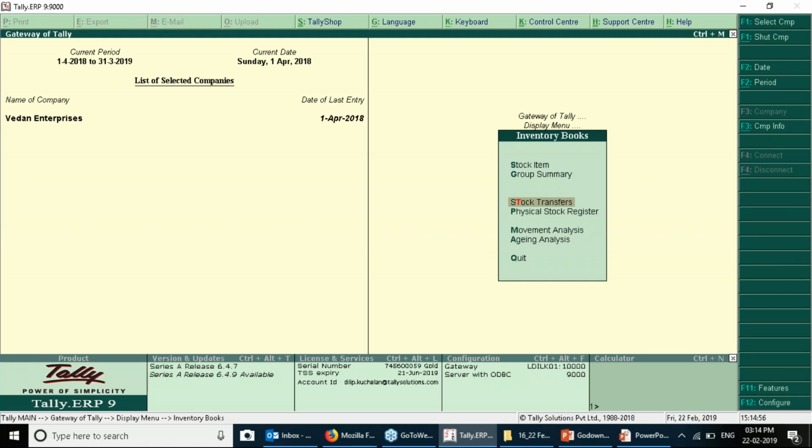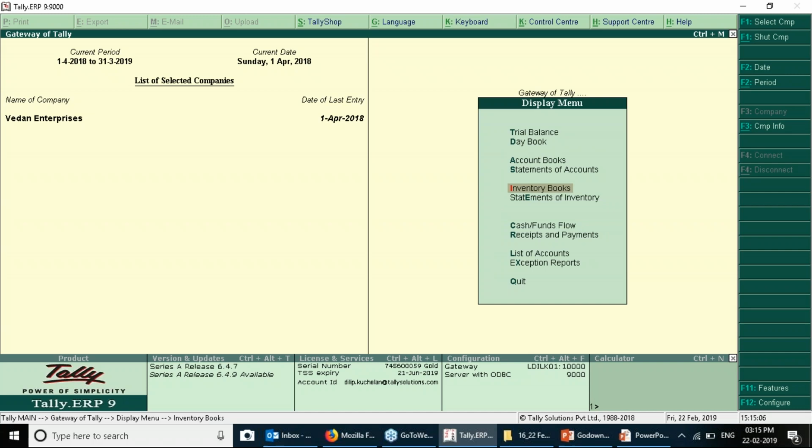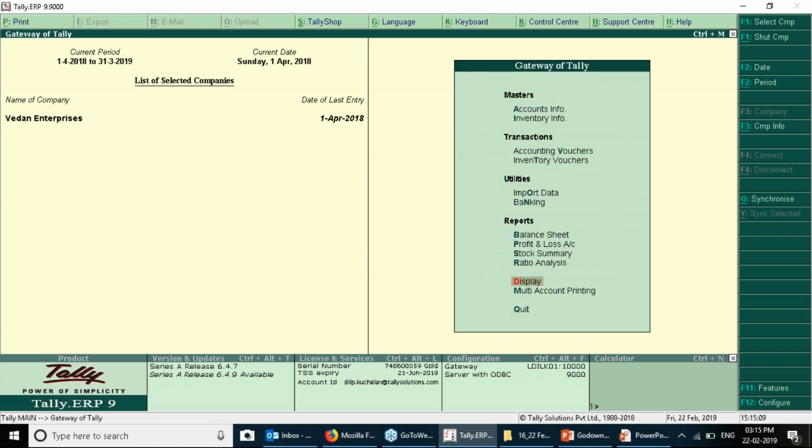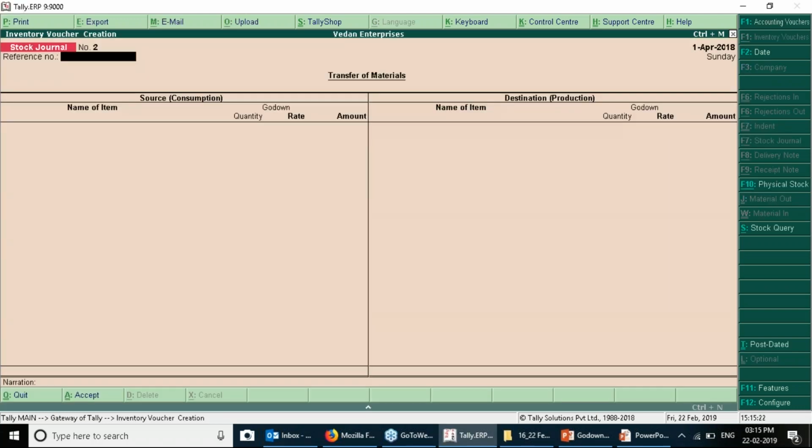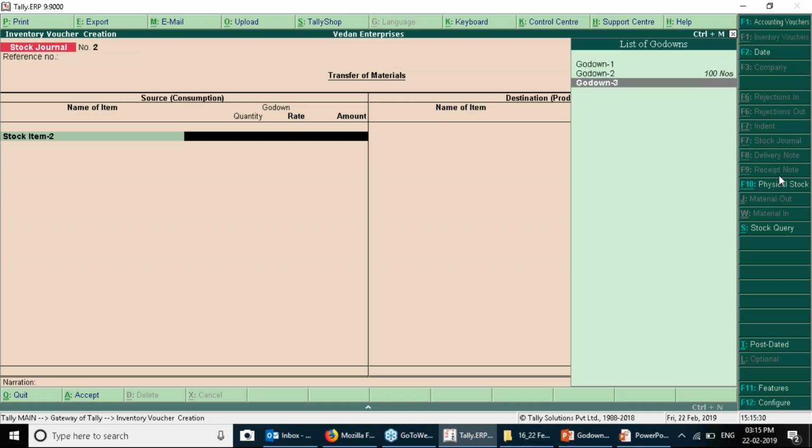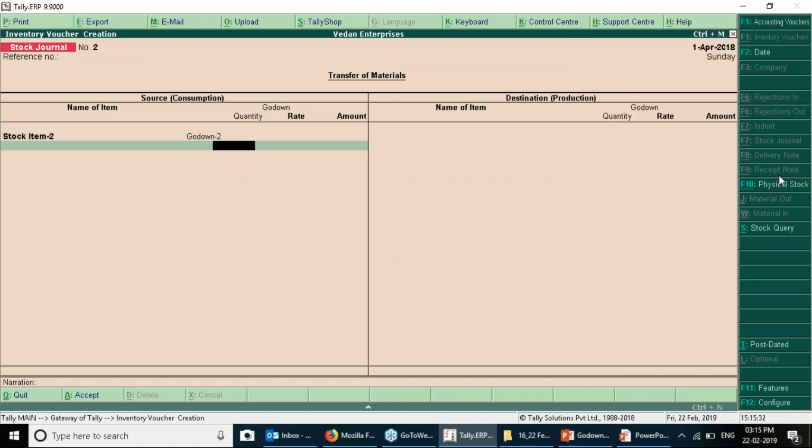Now this was a very normal stock transfer. What will happen when there is an addition of cost while transferring from one Godown to another Godown? So let us see that. For that also we would be going into inventory vouchers, selecting the same stock journal, selecting the stock item 2. It is showing Godown number 2,